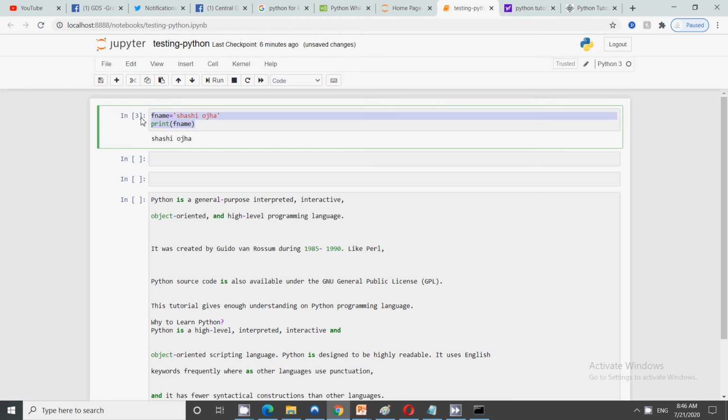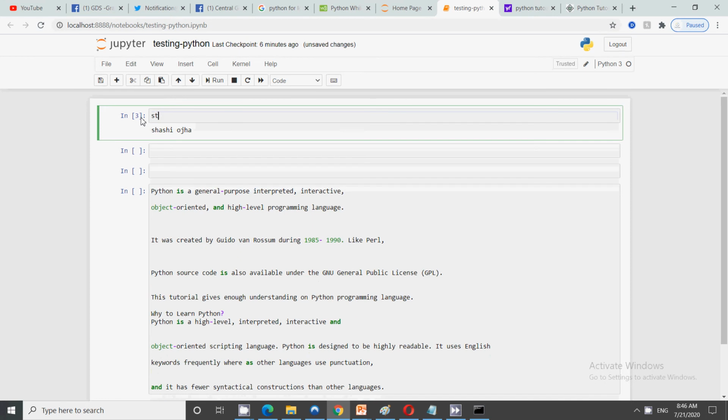Now the next thing: this is a simple variable, but you can also create arrays. So you can just say student array, and for creating an array the syntax is the same in every language. You can just write any name, whatever else. These are the list of the students. This is an array of strings.